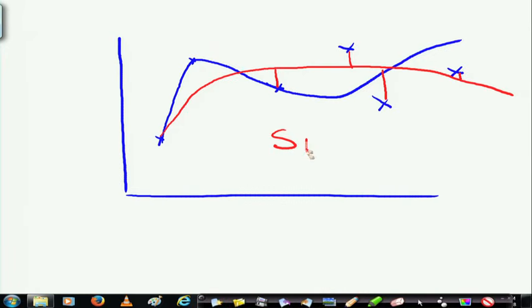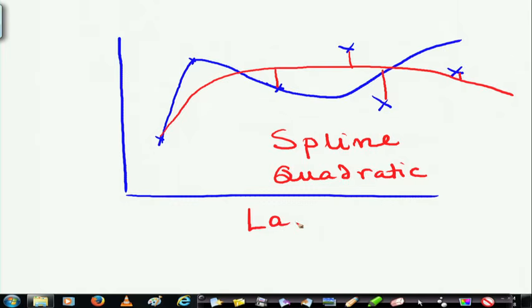There are further extensions like quadratic interpolation, spline interpolation, cubic spline and all those. So, it is better to know the names. Spline interpolation, quadratic interpolation, where I want to fit a quadratic curve, etc. But today we will discuss another interpolation technique, which is known as Lagrange interpolation, named after the mathematician who invented it.